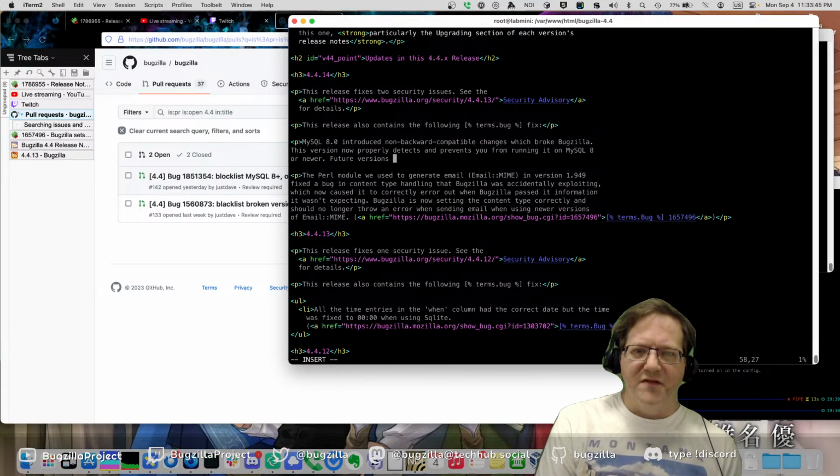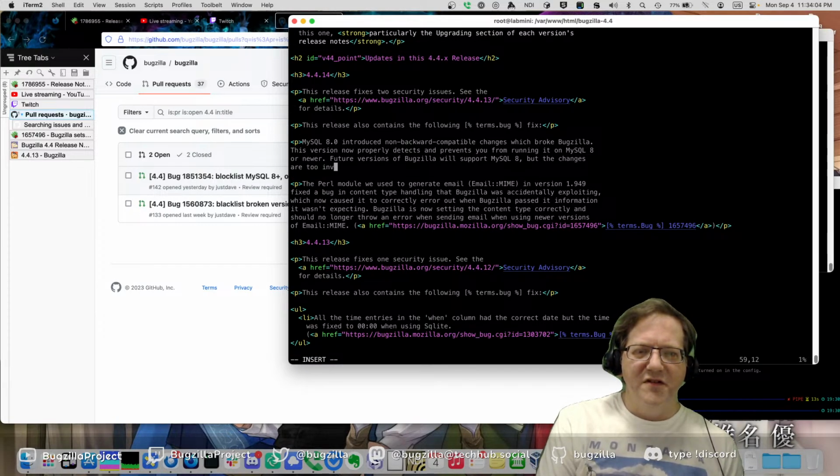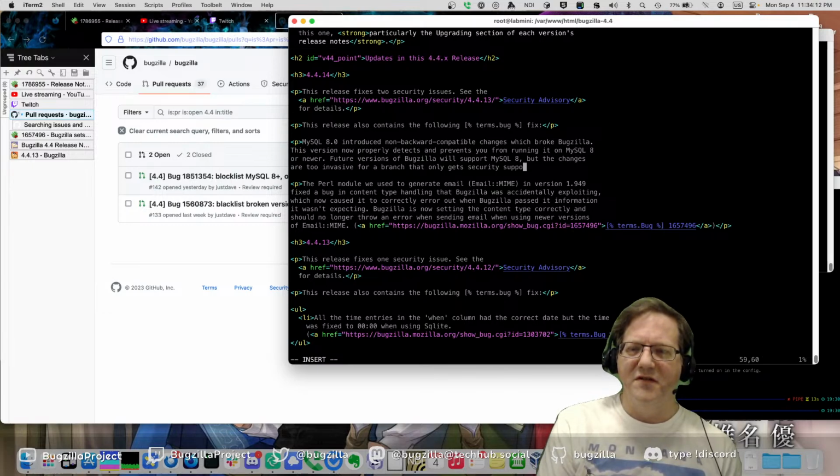Future versions of Bugzilla will support MySQL 8, but not this one. The changes are too invasive for a branch that only gets security support.